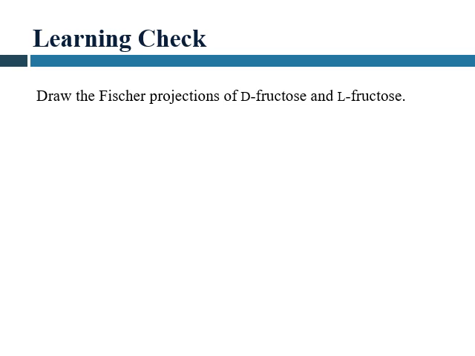A question could simply be, draw the projection of D-fructose or L-fructose. So we know fructose is what? Fructose is a ketohexose. Hexose means 6 carbons. So first carbon, second carbon, third carbon, fourth carbon, fifth carbon, and sixth carbon. What is important here to remember is,